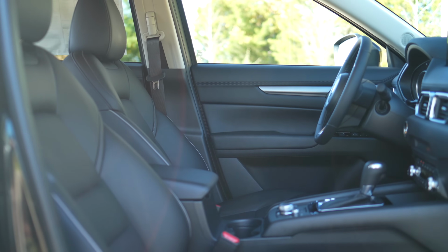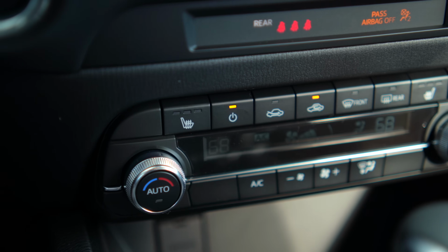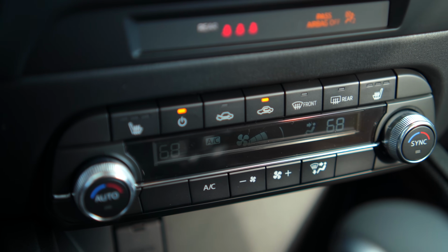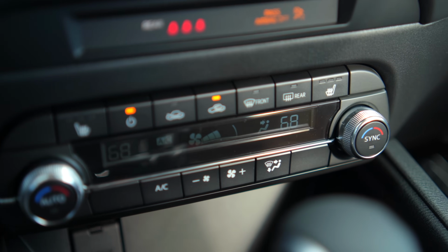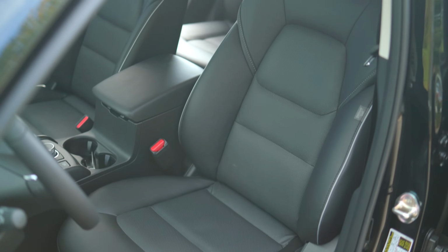We have an analog gauge cluster here with the little multifunction display, and we have easy to use dials to control our standard dual zone automatic climate control. The leatherette upholstery looks and feels good. Plus, we have manual lumbar adjustment here for the driver, allowing my back to be comfortable for hours on end,